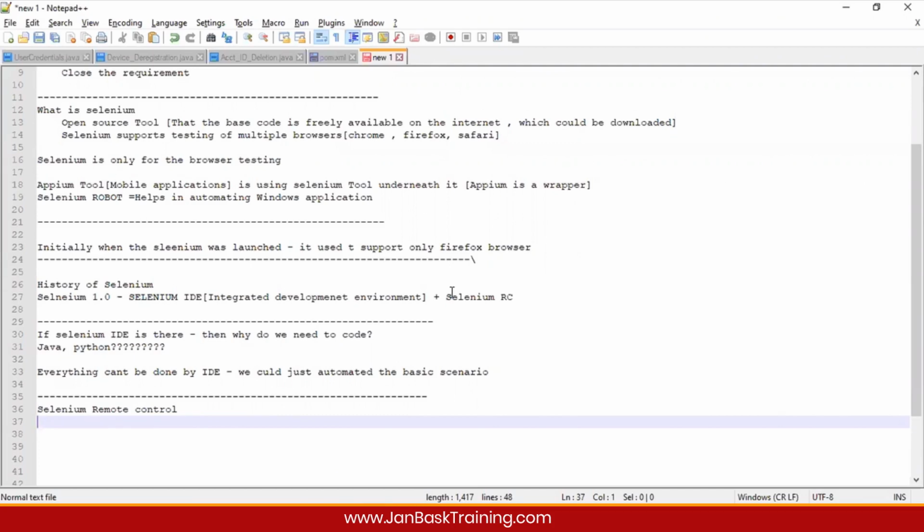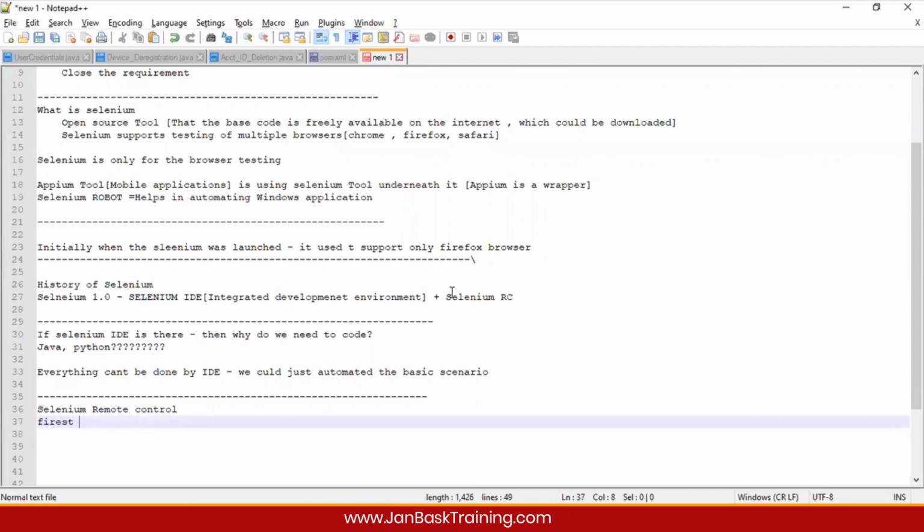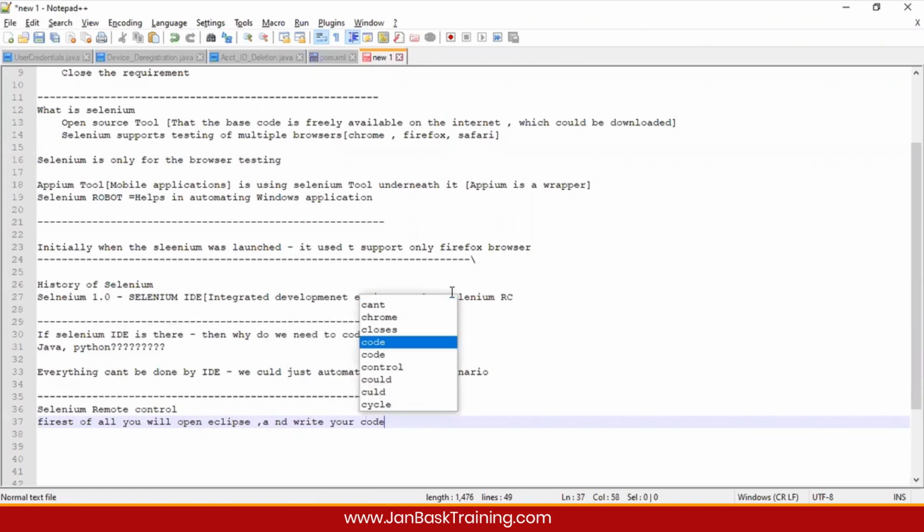So what used to happen, I'll tell you in the past. If you want to code something, first of all, you will open Eclipse and write your code. That code might be in any of the languages like Java or Python.